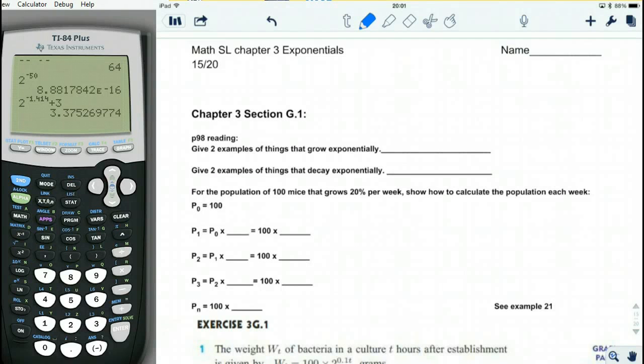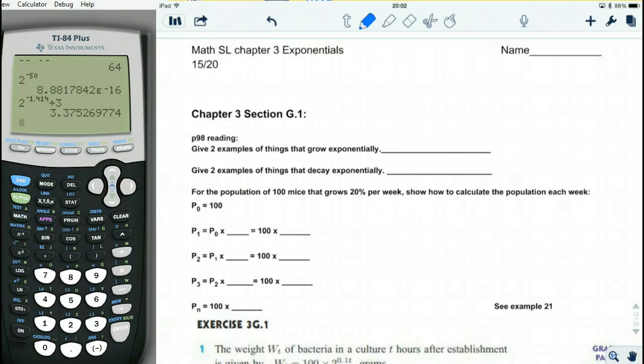Okay, Chapter 3, Section G, dot 1, page 98, reading. Give two examples of things that grow exponentially. So there's a couple examples here on page 98,